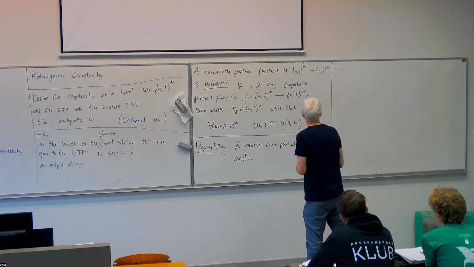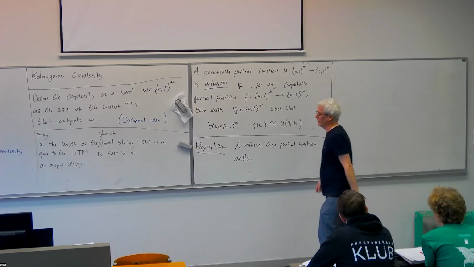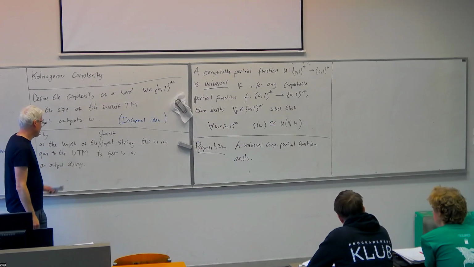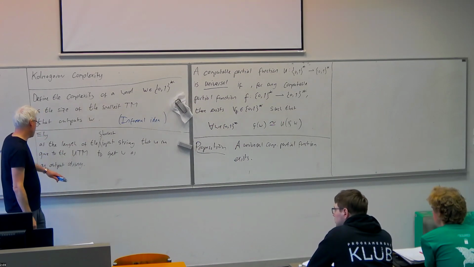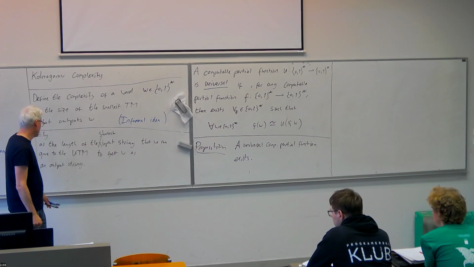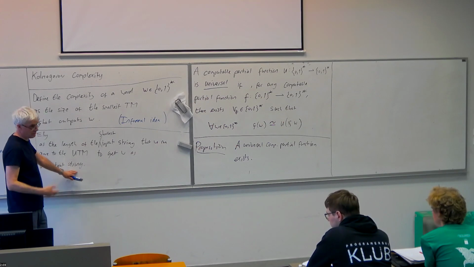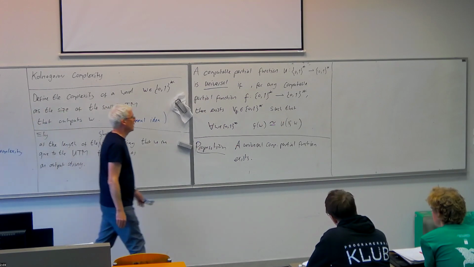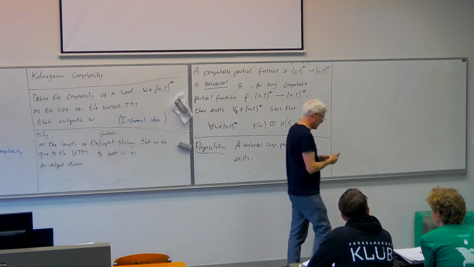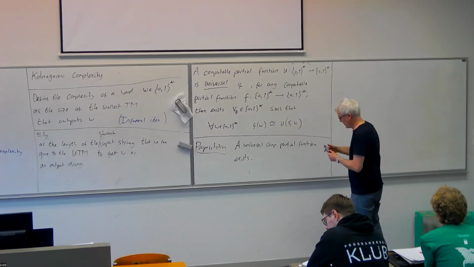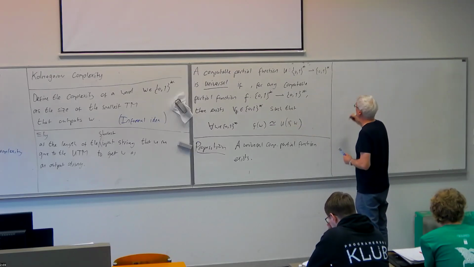Now we can give a mathematical definition of Kolmogorov complexity using this idea. It's the length of the shortest input string that we can give to the universal Turing machine that gives the word that we classify the complexity of as output. So we can do that using the universal function. So given a universal function U,